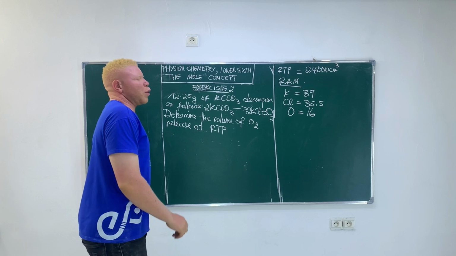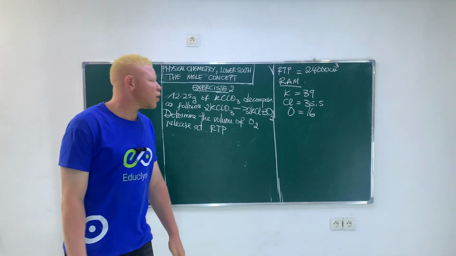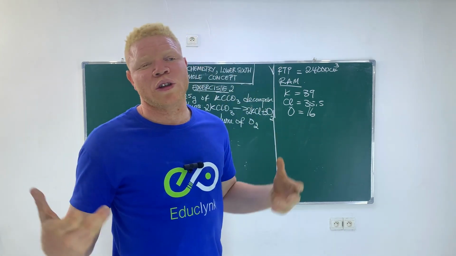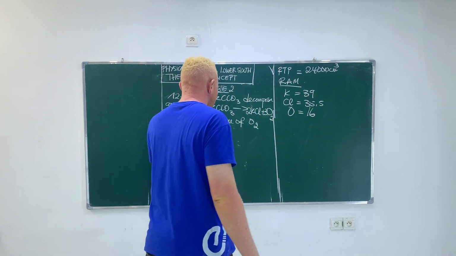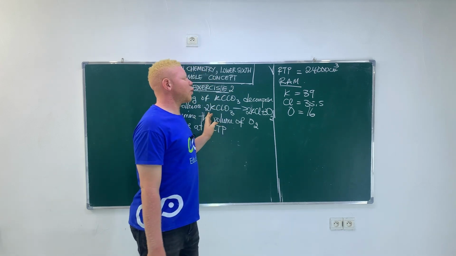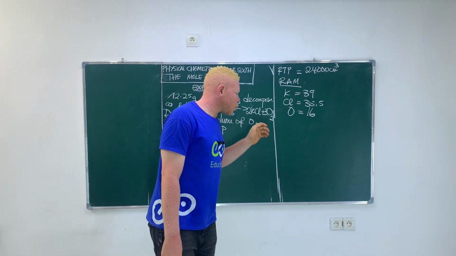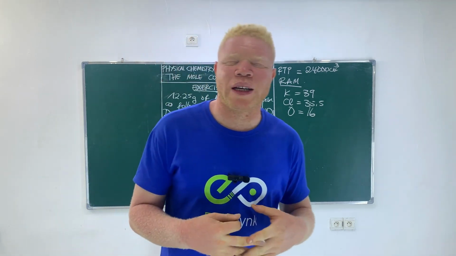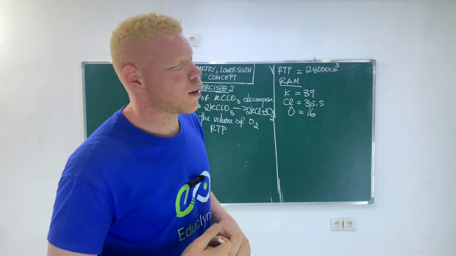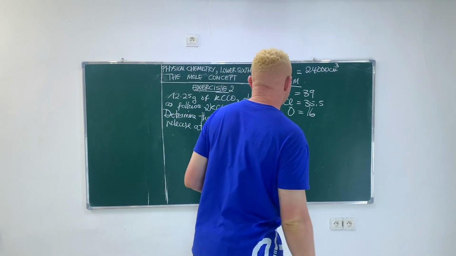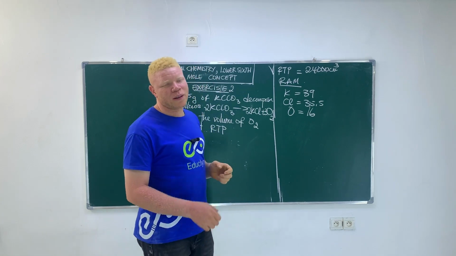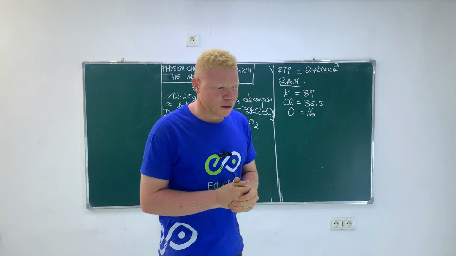So in this case, we have potassium chlorate. We all know that oxygen is prepared in a laboratory by the decomposition of potassium chlorate. So potassium chlorate decomposes as follows: potassium chloride plus oxygen. This reaction is catalyzed in the presence of manganese IV oxide as a catalyst. Oxygen is released as one of the byproducts. Potassium chlorate remains in a round bottom flask.